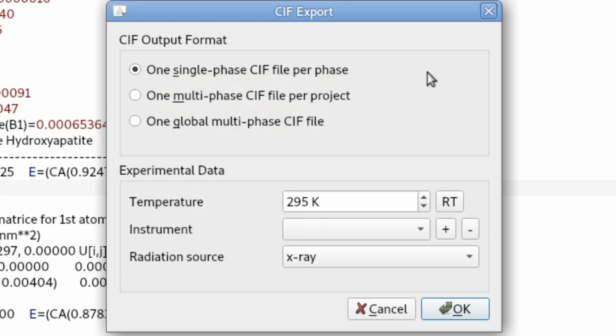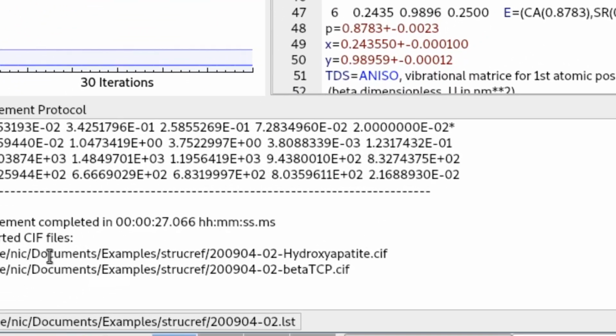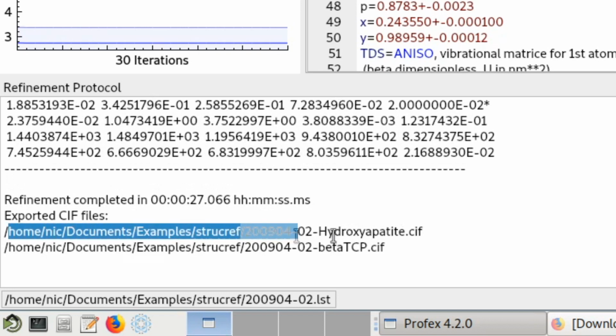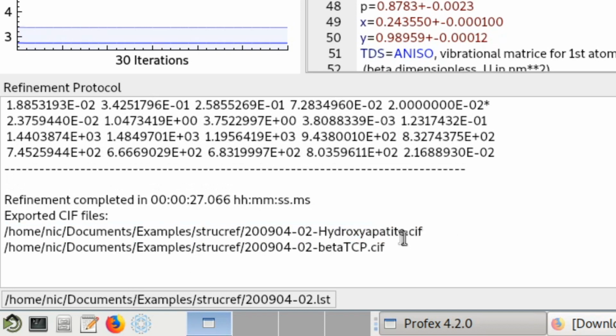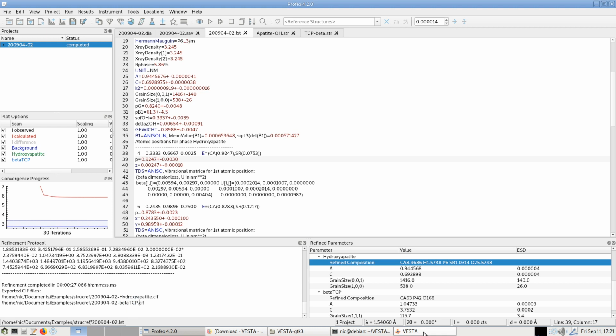So usually we choose the first one. This is just additional information. We don't have to fill this in. So we just click OK. And down here in the refinement protocol, it tells us where these files were saved. So we have one for the project name hydroxyapatite, and another one for beta TCP, but we did not refine this, so we don't need it. And then in VESTA,